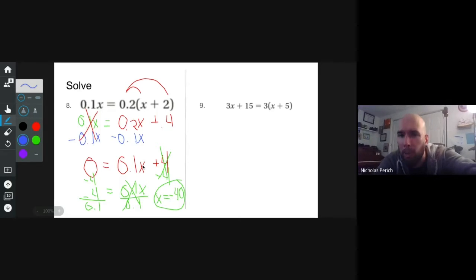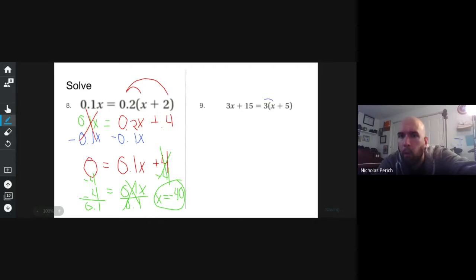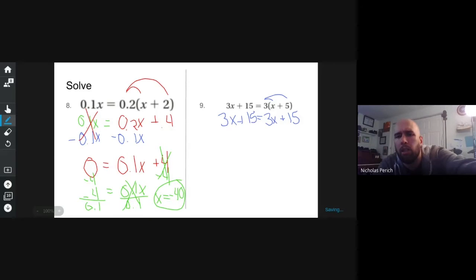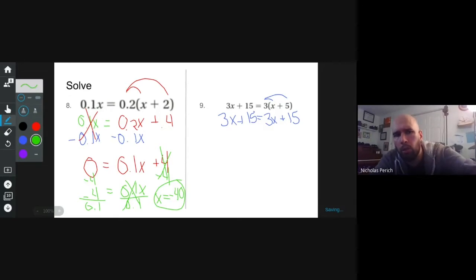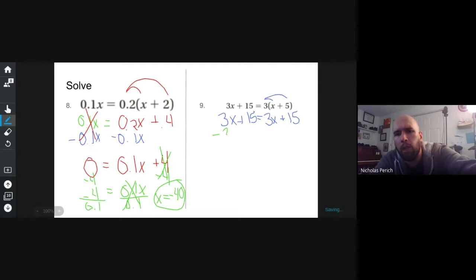Distributive property is special. If you take that 3 and multiply it to both of those guys, I have 3x, because 3 times x is 3x, and 3 times 5 is 15. Well, on the left side, I also have 3x plus 15. That's weird. Huh. If I subtract 3x from both sides, that goes away, but that also goes away. And 15